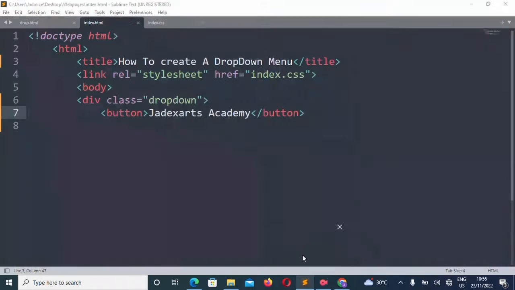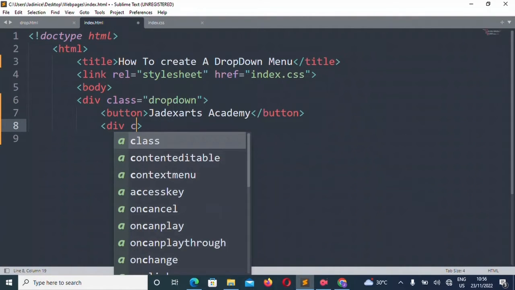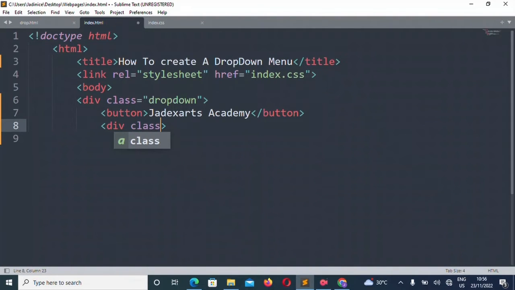You can see the button. Okay. Now the next thing that we're going to do is to create the div class, another div inside the drop down div, and we'll create a drop down content. That will be the name of this div. Drop down content. Okay.